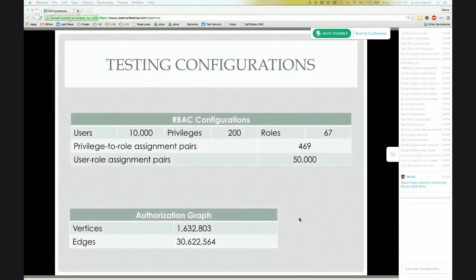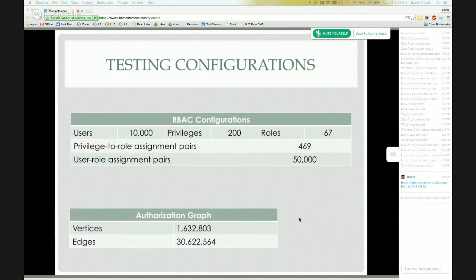I know OpenMRS already has a default of 197 privileges, so we just rounded that up to 200. We generated 67 roles and 469 privilege-role assignment pairs, and the 10,000 users are assigned to 50,000 roles. So on average, a user is assigned to 5 roles.